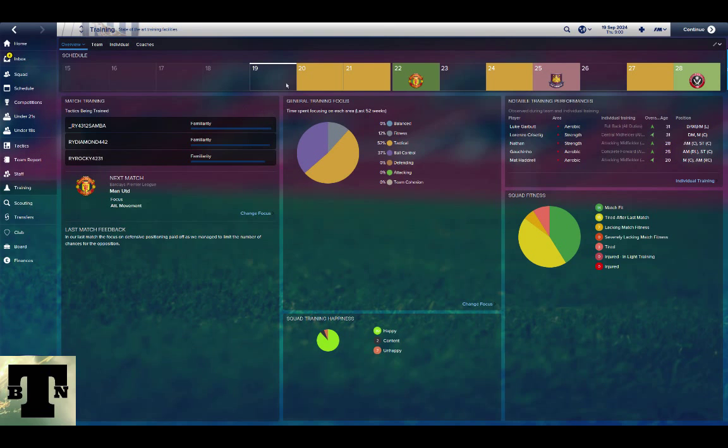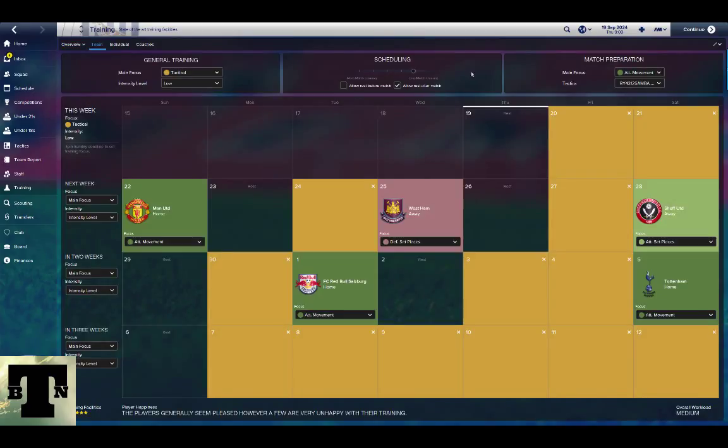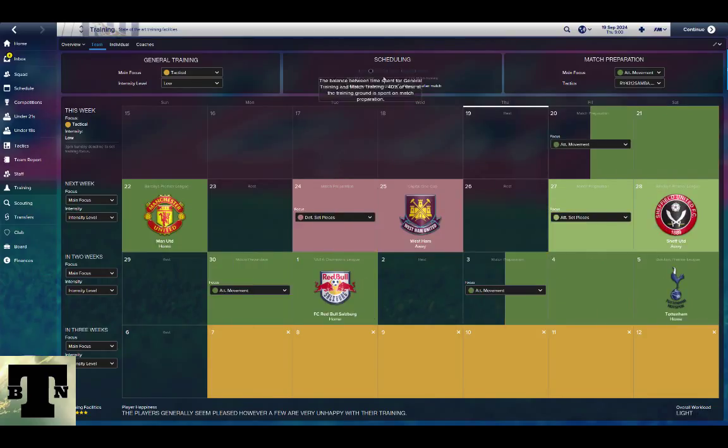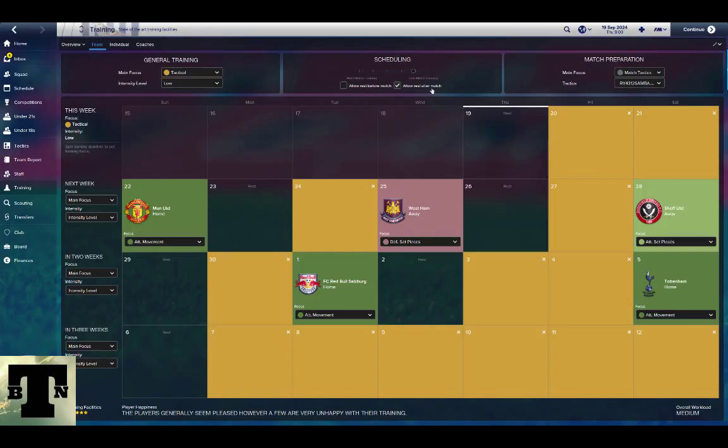Another aspect you need to pay attention to is your match preparation. In preseason, my match preparation is always at 40% at this marker here. This means that my team will spend most of the time doing match preparation exercises. If my match preparation is on match tactics, then they will become more familiar with the system as the season goes on, and that helps a lot. Once I'm off and running, playing football, I take it off match tactics and start looking at things like attacking movement, attacking set pieces and defensive set pieces, and I mix things around throughout the course of the season.